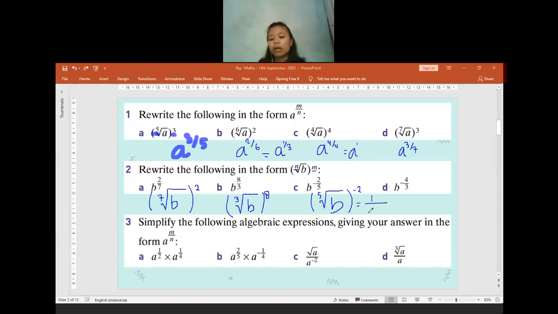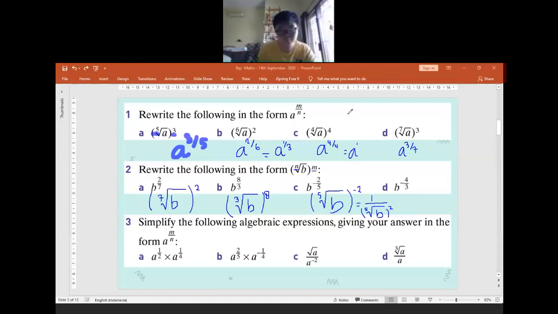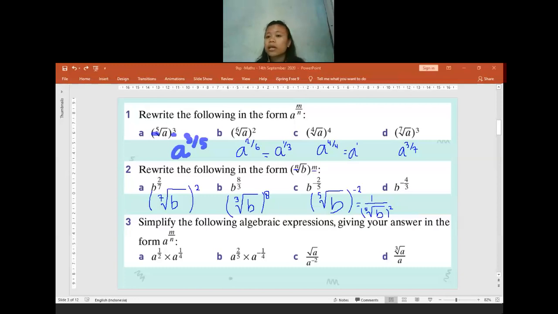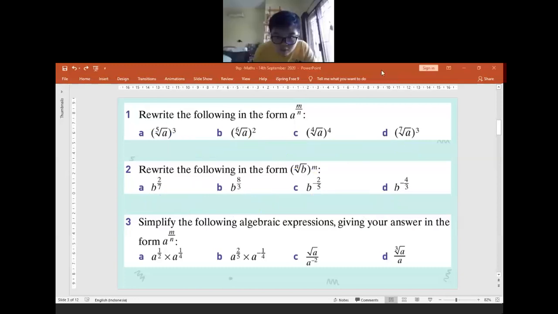Is there anyone having any confusion so far? Or maybe my explanation is not clear enough? Suddenly I cannot hear anyone. Hello? Is my voice audible? Hello? Mike, I cannot hear you. Oh my god. Hello? Okay then. Because I feel like Mike was going to try to talk, but I cannot hear him. Hello, teacher. Yes, I can hear you now. Okay, okay. Oh, teacher, okay. Can you repeat your question?